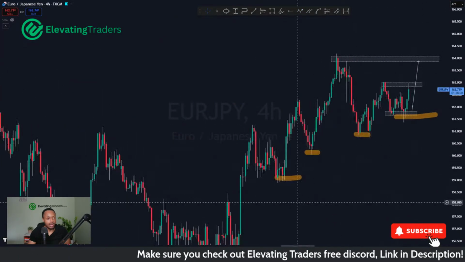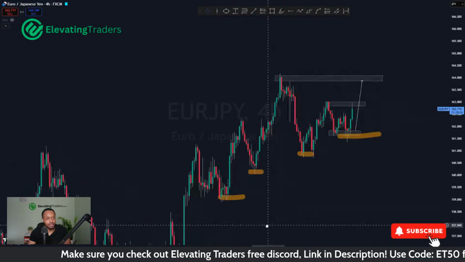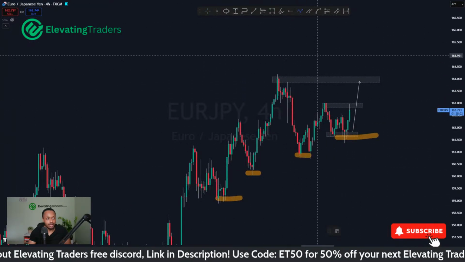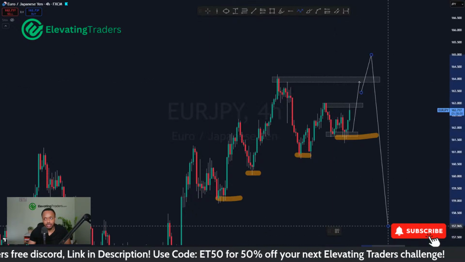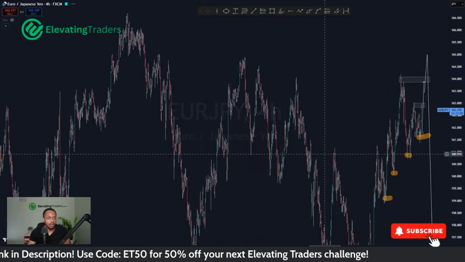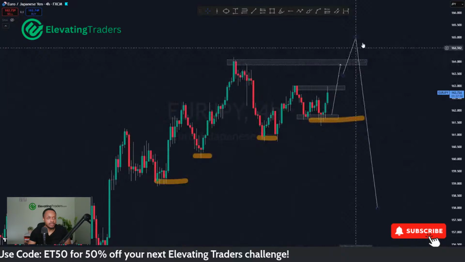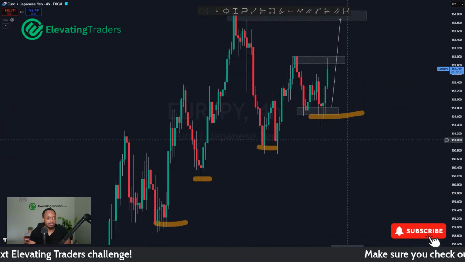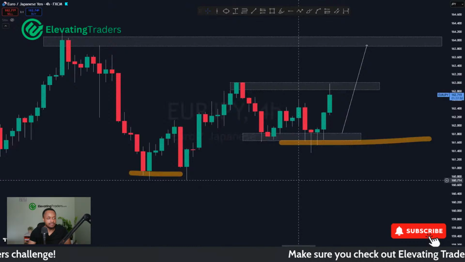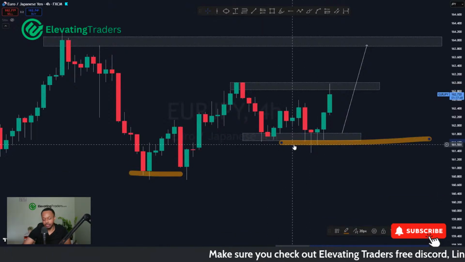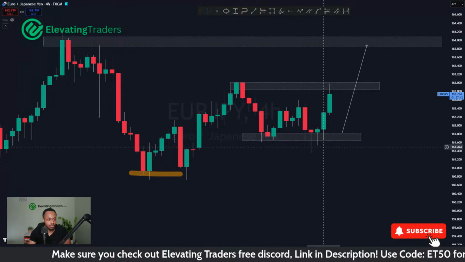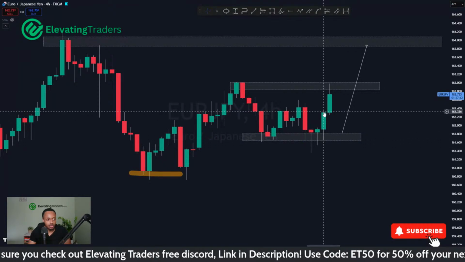So yeah, euro yen overall very corrective on the way up. So I don't expect this move to last too long before we do turn around. We might kind of just stab the high one more time and then drop. So that's kind of what I'm waiting to see if price can do. But yeah, really solid support this morning, slash yesterday. Really solid support there. We fired a lot of wicks here on the 4-hour chart. 1, 2, 3, 4. And a really solid close this morning as well.